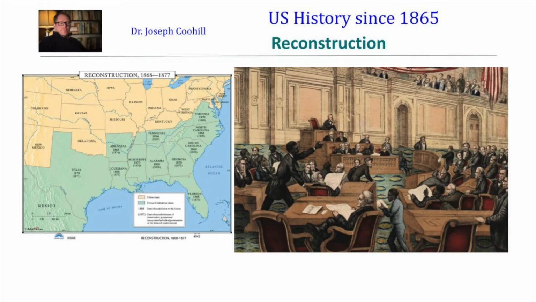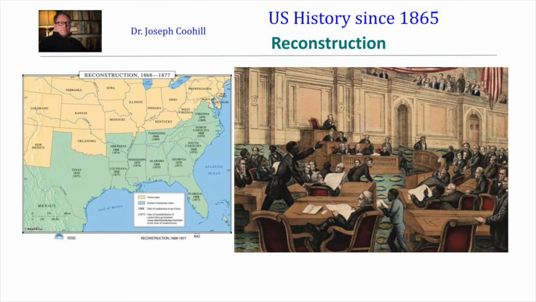The Reconstruction period is one of the most interesting, complicated, and extremely frustrating periods in American history to understand. It is also one of the periods whose effects are more or less still with us today, if we take the long view. I think you can't understand the modern United States without understanding what happened during Reconstruction, what was attempted, what failed, and perhaps most importantly, why it failed, and in many ways, why the country went